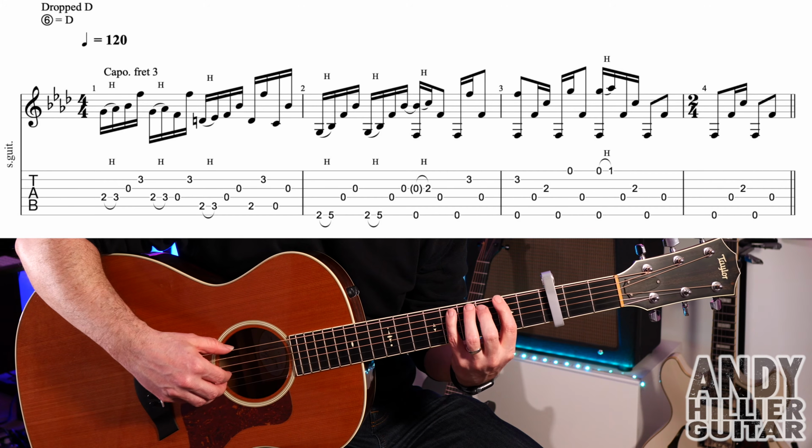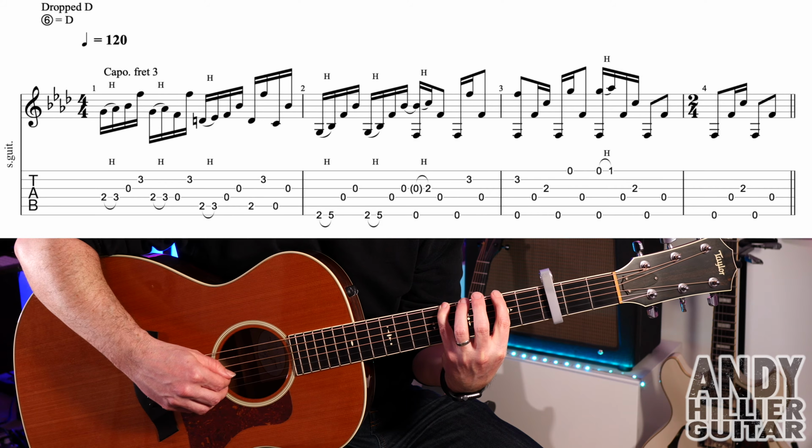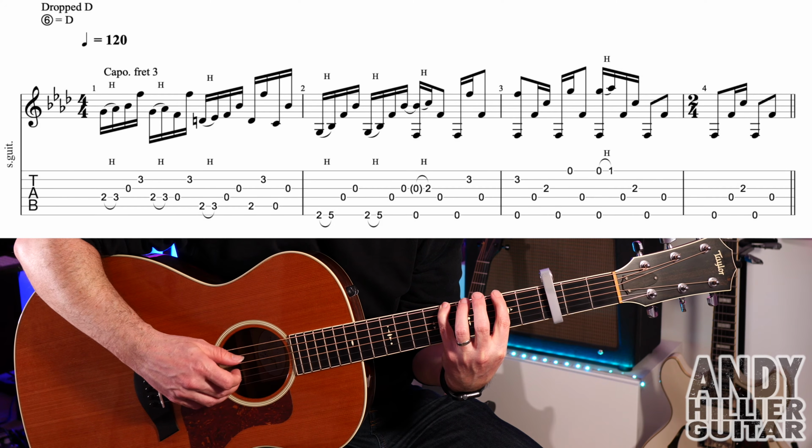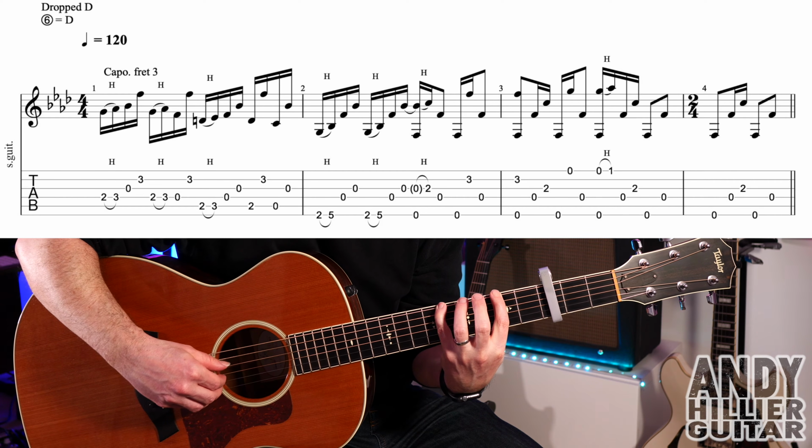Into bar 2, and we're going to play E2. Hammer onto E5, then play the open D and then the open G. So you get, and it does that twice. You get,